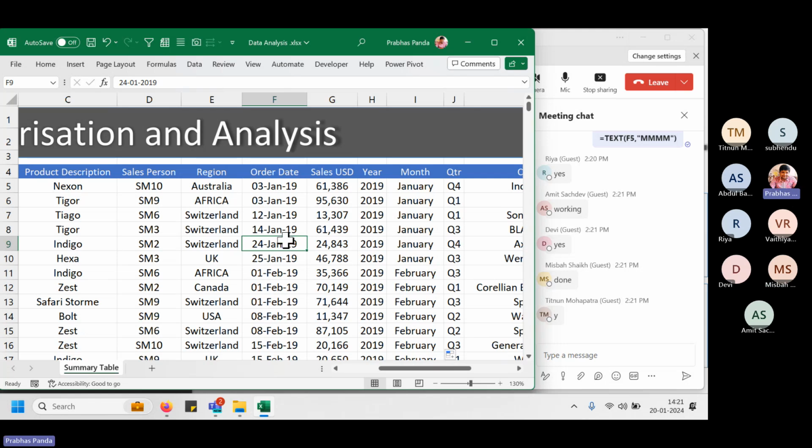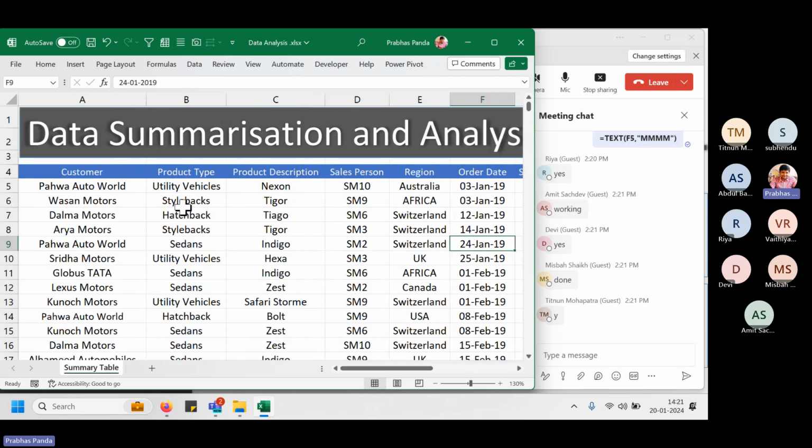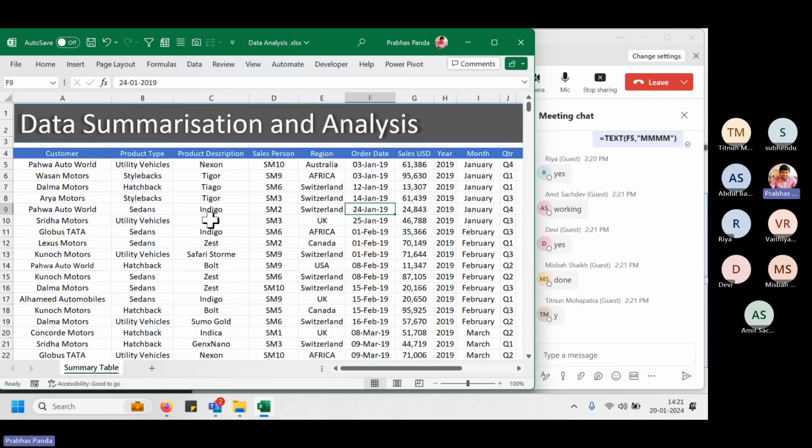All right, so now I believe everyone is clear so far, whatever we have done and how to proceed, whatever we need to check while preparing a pivot table, what are the areas and how to confirm everything is working fine. Okay,